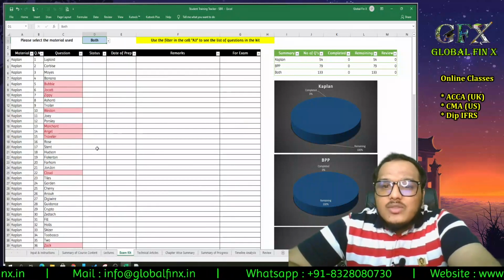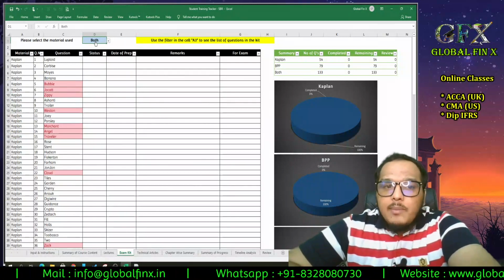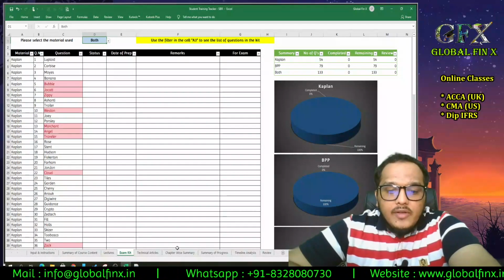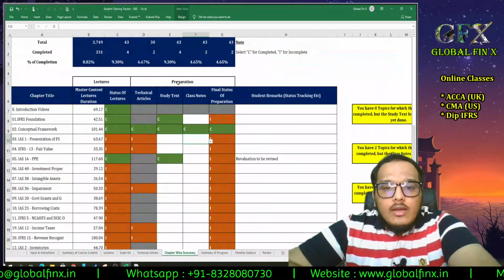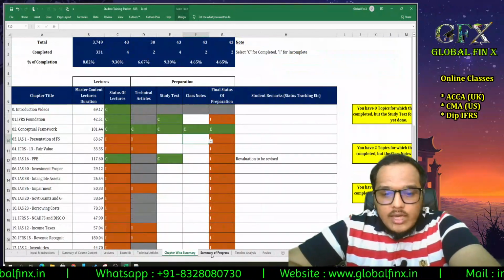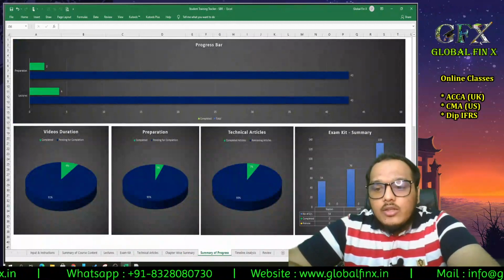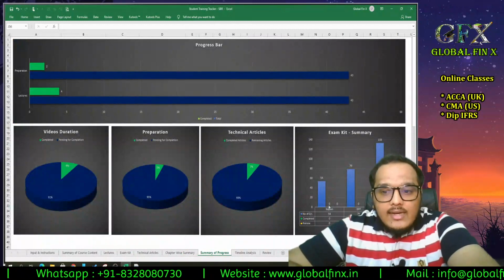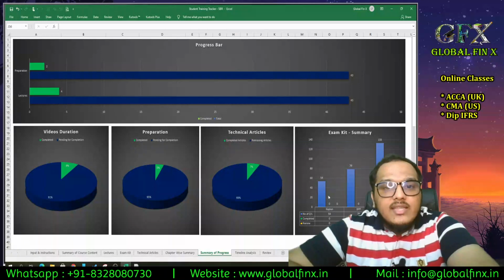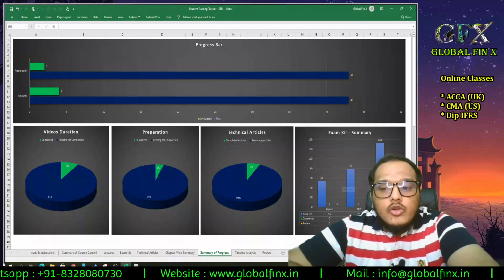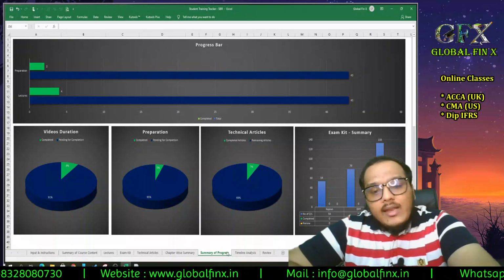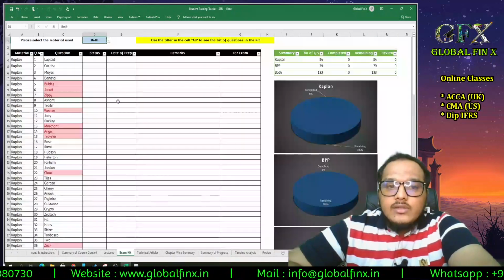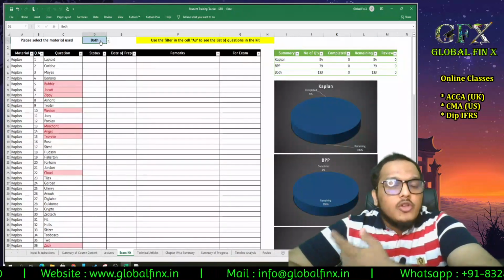Sir, why is it so relevant? What happens is, see, for example, I chose here both. So if I go to chapter wise summary, not chapter wise summary, where is it? Yeah, summary progress. Here you can see at the last right side bottom, exam kit summary. So this shows you how many topics are pending, what you have done and what is yet to be done. I'll show you one more area where this selection will be very useful. I'm going to show you that later.